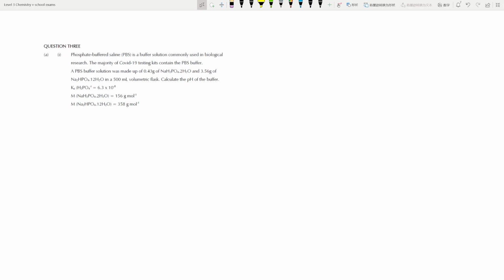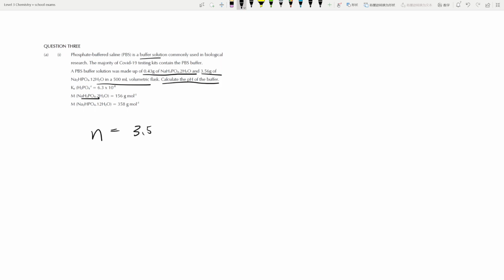Question 3. We want to calculate the pH of a phosphate buffer solution. It is a buffer, yay. What do we want to do? Calculate the pH of the buffer. Okay, so we'll put this and this in a 500 ml volumetric flask. So first thing first, we need the mole. So we need the mole for this one, which is going to be